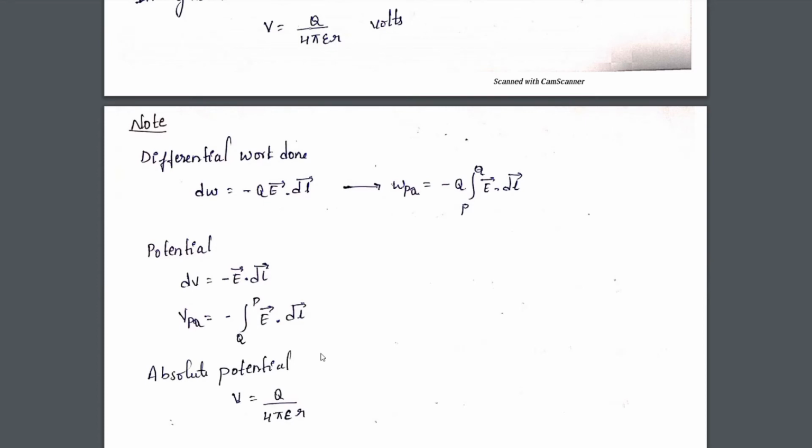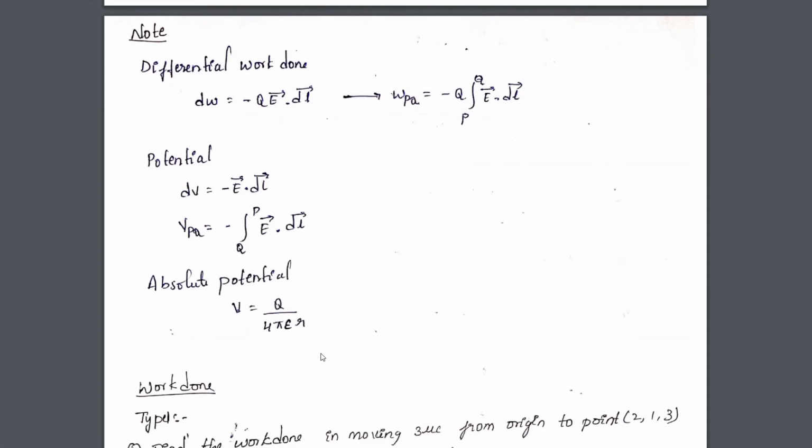So now we have studied three concepts here. What are those? Work done, potential difference, as well as absolute potential. All the formulas are given here. Based on these formulas, you need to calculate the numerical values. So is that understood, all of you? So we need to find work done. Second one is what? Potential difference we need to evaluate. And third one is absolute potential. So let us solve all three problems in the Cartesian coordinate system.